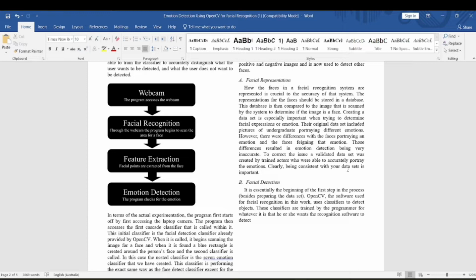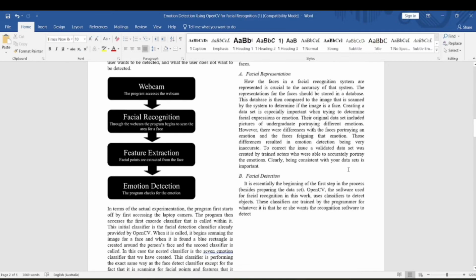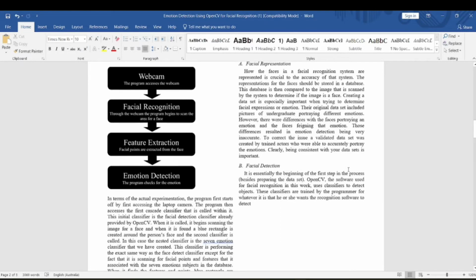When it is called, it begins scanning the image, and a blue rectangle is created around the face. Now the second classifier is called. In this case, we have used the nested classifier to detect the 7 emotions.